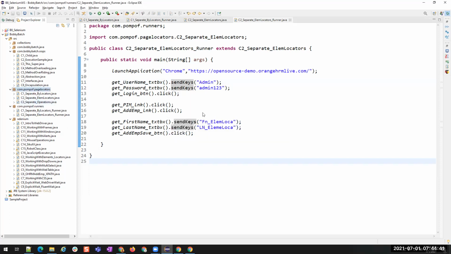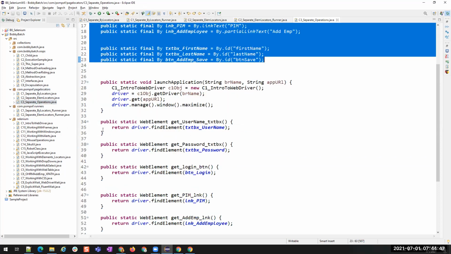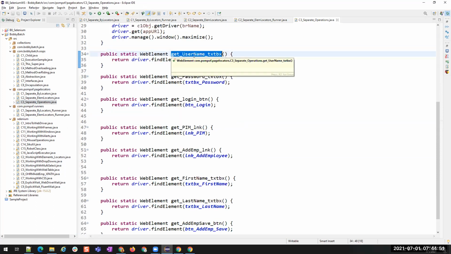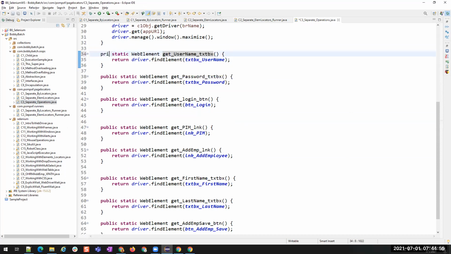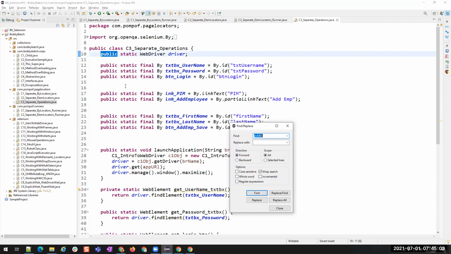Now that we already have the methods that are returning the elements, I don't want these methods to be exposed to public. So what I'm going to do is I'll make them private. All the public keywords I'm going to replace with private.